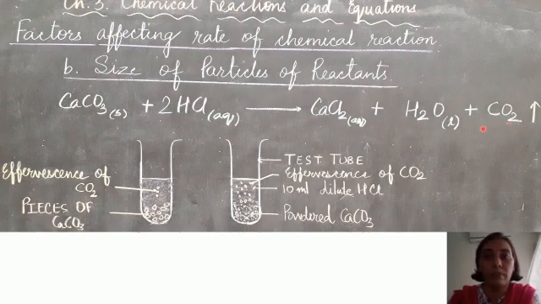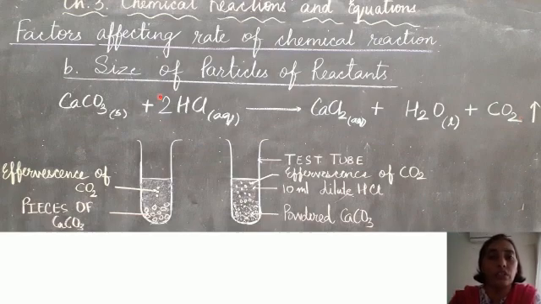Coming to the balancing part, we have two chlorine atoms and two hydrogen atoms on this side, whereas on this side you have one hydrogen and one chlorine. To balance, you write a coefficient 2. All the other atoms, calcium, carbon and oxygen, are balanced. Here we have one calcium, here also one, carbon is 1, here also 1, and oxygen is 3. Here we have 1 plus 2, that is 3. So the reaction is balanced.